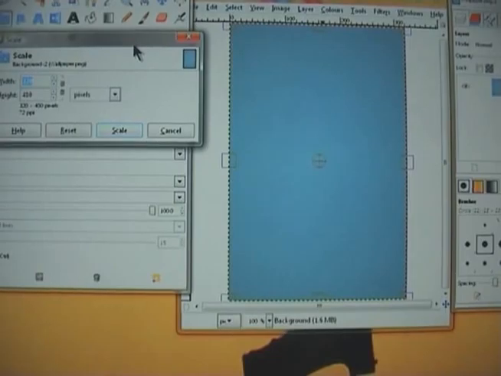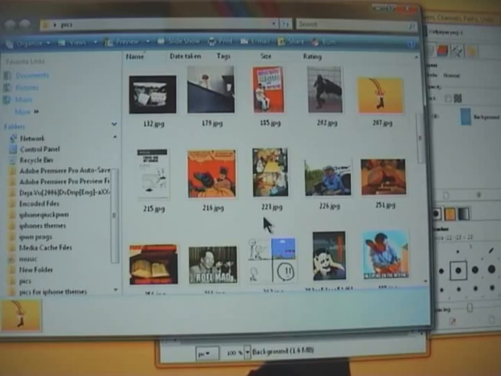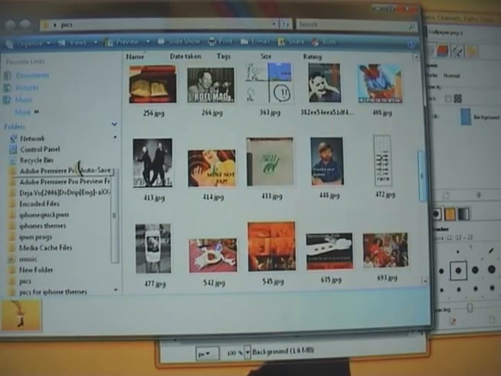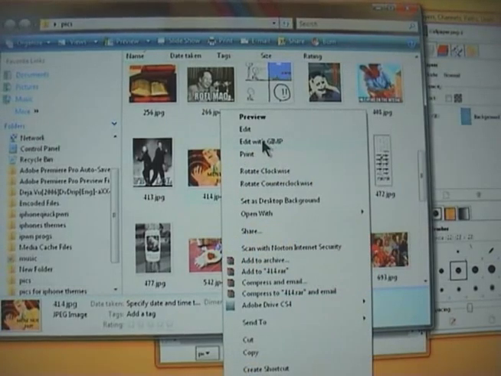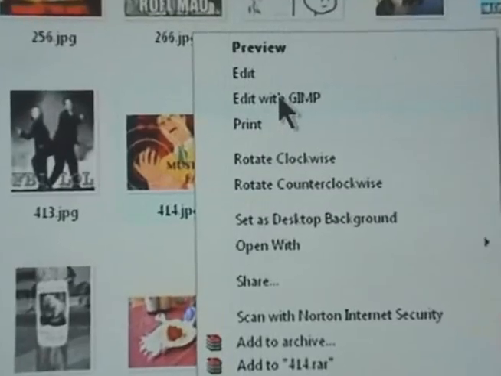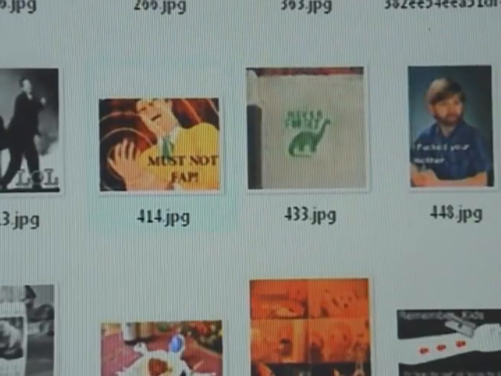Cool, so once you've got your background loaded up, you can then open up your folder wherever you keep your pictures and just find whatever you want to use as your background. I'm just going to use this one for now because it's only a demonstration. I'm not really too concerned with the overall look. It's just proving a point that you can do it. So once again, edit with Gimp,